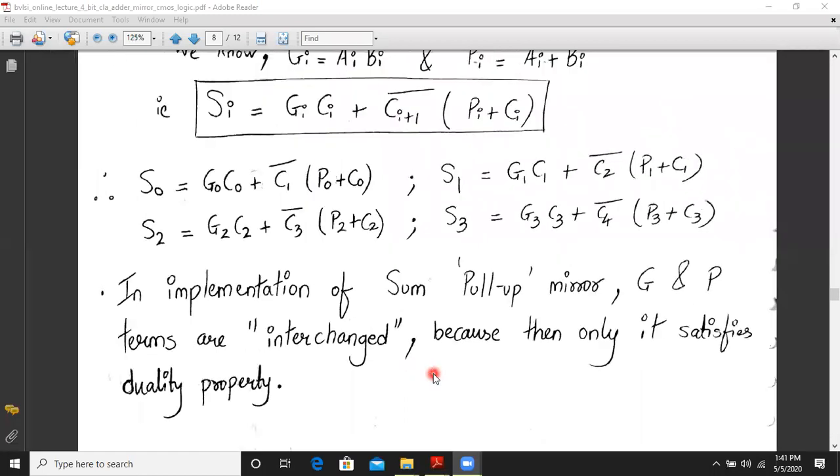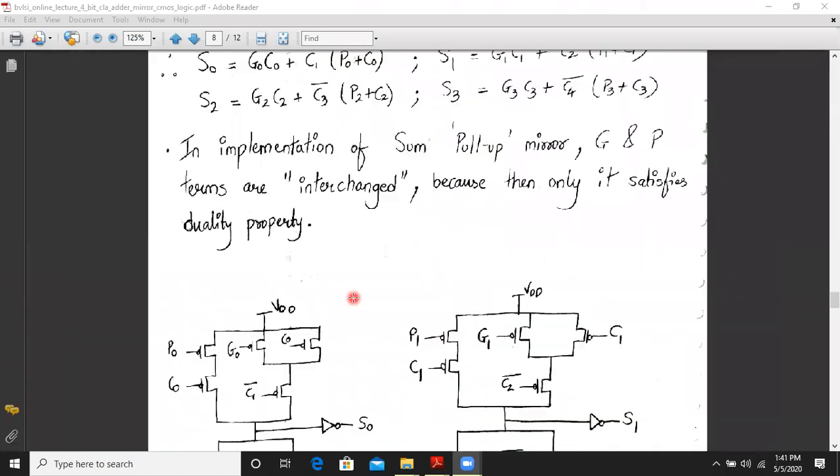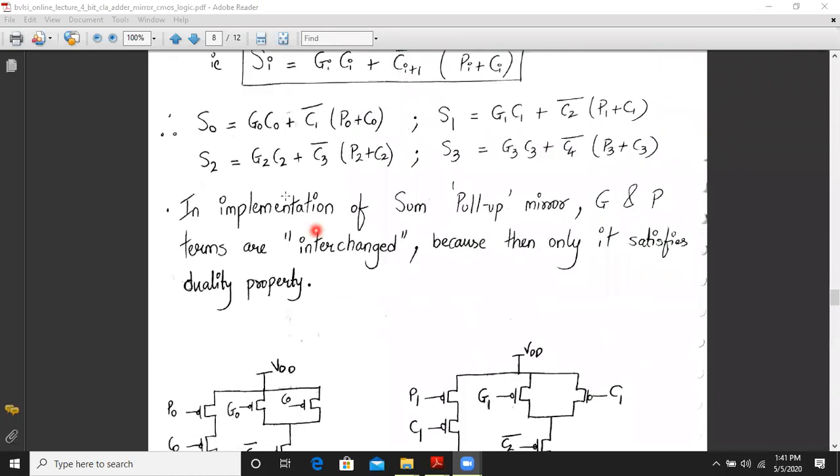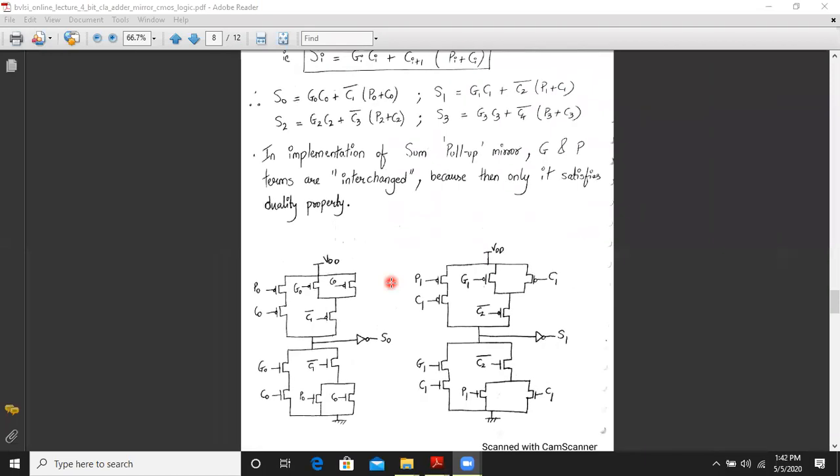So let us start with the design. First we are implementing the S0 expression, which is given by G0 C0 plus C1 bar into (P0 plus C0). Let us concentrate on that.